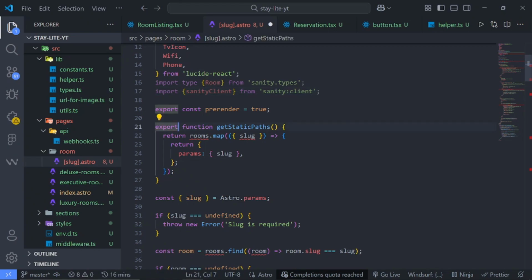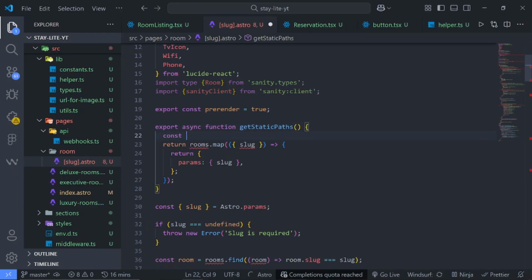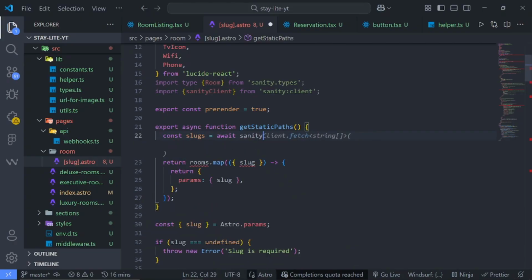So I will just say export async like so, if I can spell async very well. Alright, so I will create a new variable. I'll call this rooms and I will await the sanityClient.fetch,